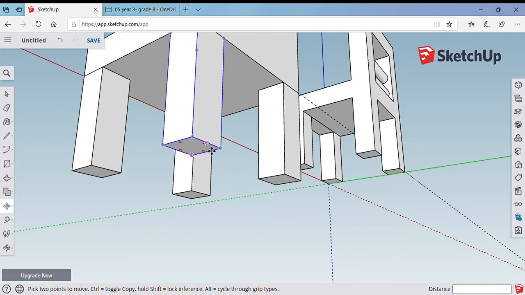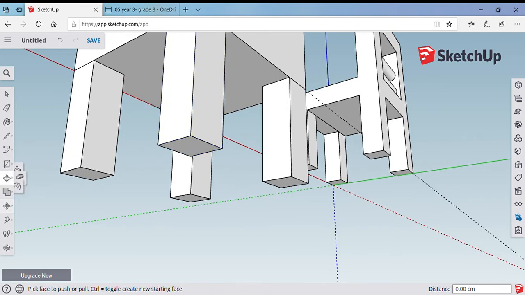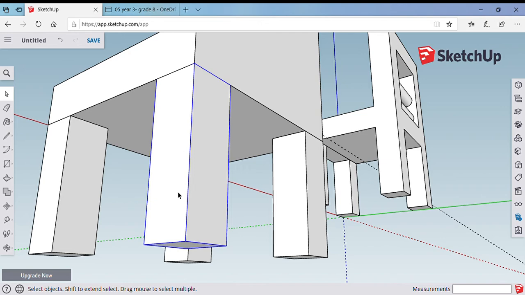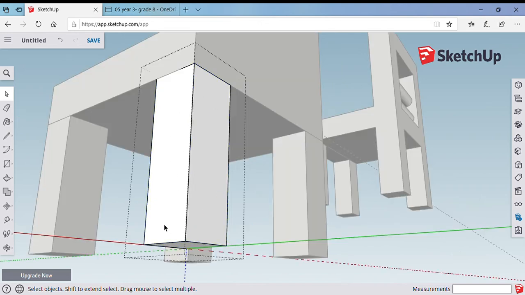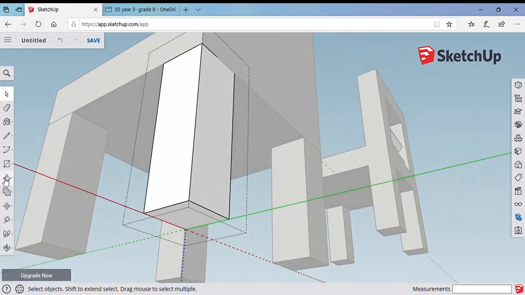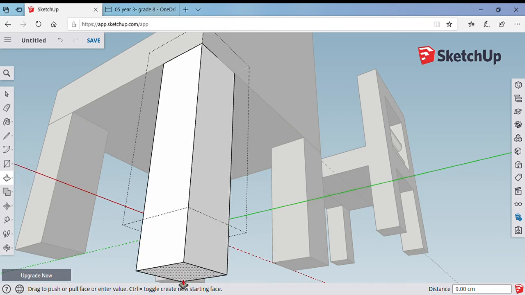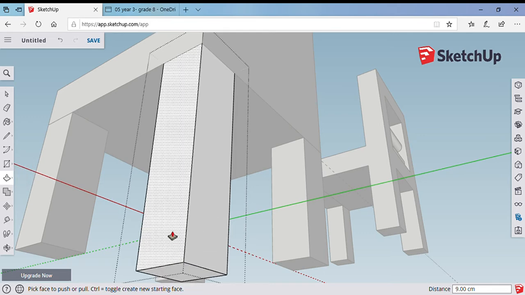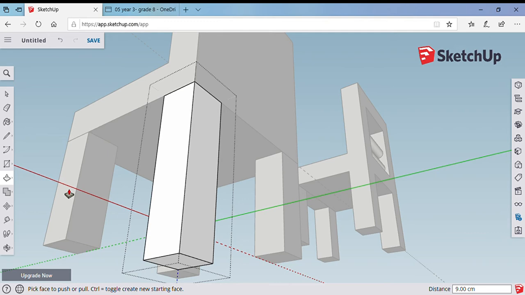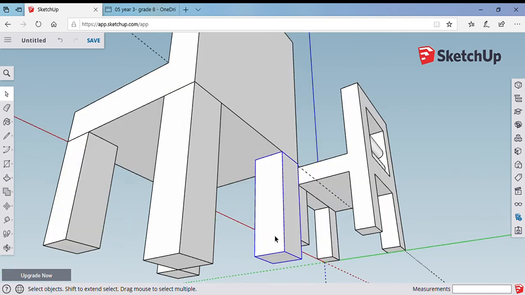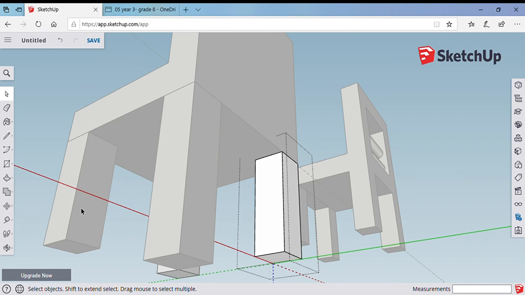Now, I'll be doing some edits to one of the groups. Now, to edit any group, if you click on it, it gets selected. I have to double click on it to be able to edit. So I'll start changing the height, for example. Did anything happen to this one, the original one? No. While on the other hand, if I double click this leg that is originally a component and then do any edits,